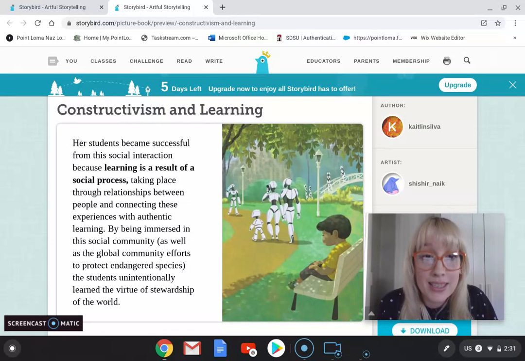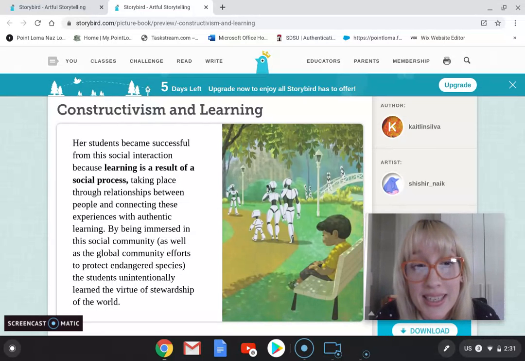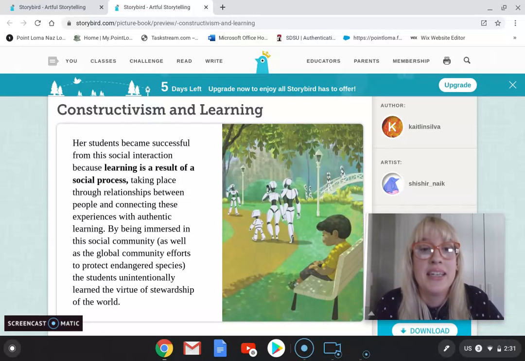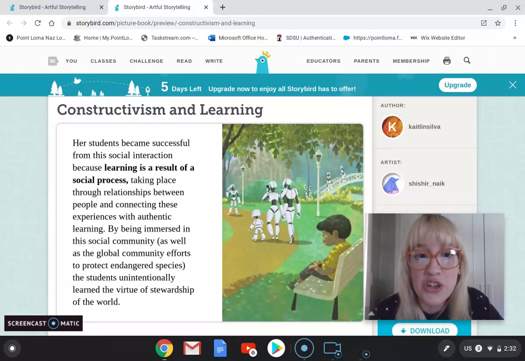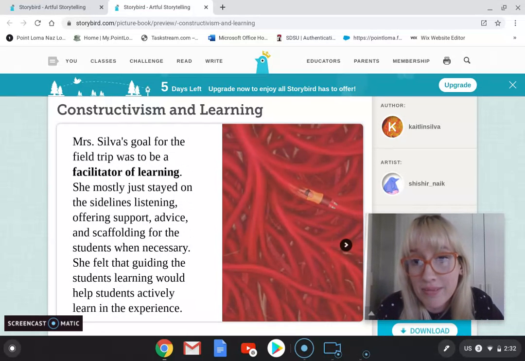And her students became successful from this social interaction because Mrs. Silva knows that learning is a result of a social process. And it takes place through relationships between people and connecting these experiences with authentic learning. So Mrs. Silva had her students immersed in this social community. The zoo, I would say, is a big community, as well as this global community and their efforts to protect these endangered species. And this was an unintentional learning process of the virtue of stewardship of the planet and the